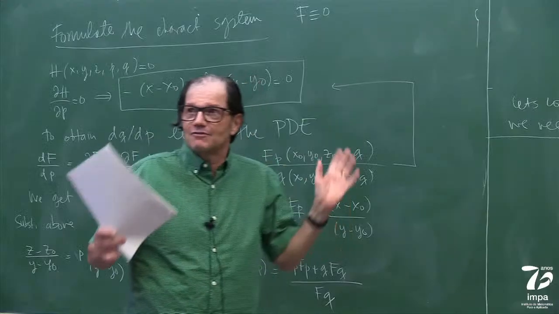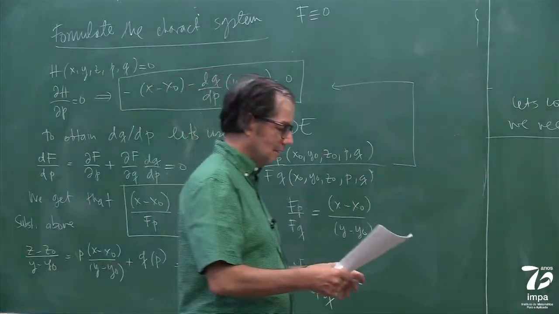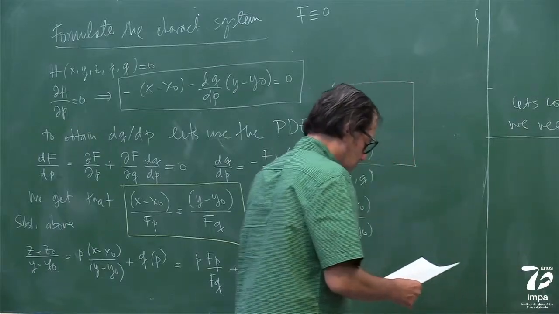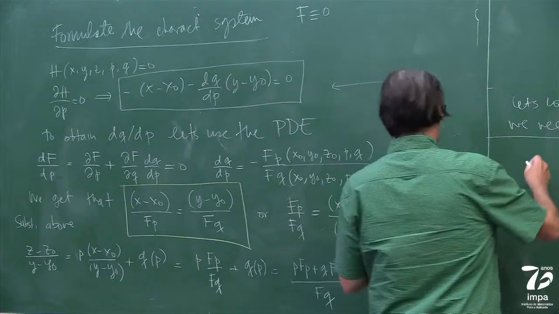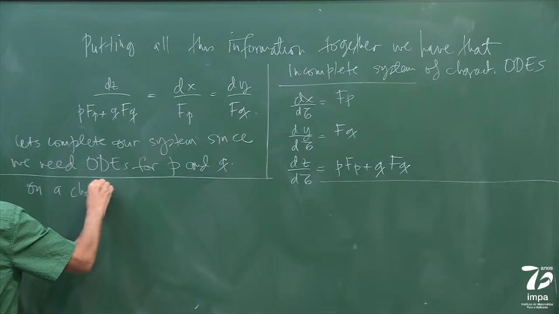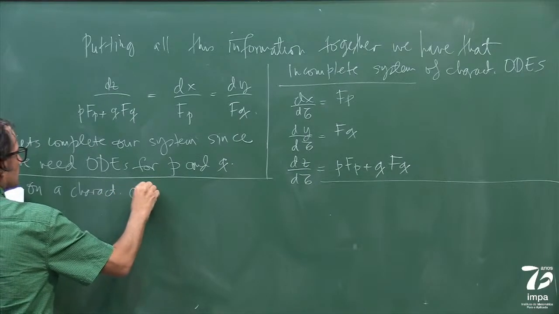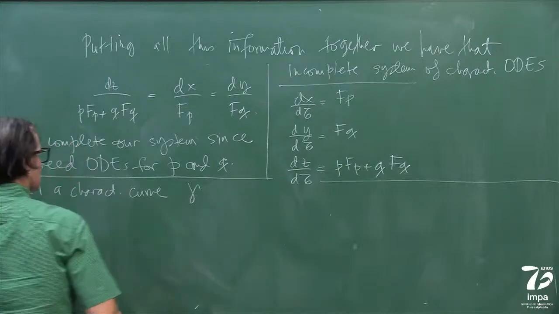But now that's kind of getting intuitive for us, right? So that we can get out of a curve gamma, gamma cannot be characteristic. So, okay. So let's go. On a characteristic curve, gamma,